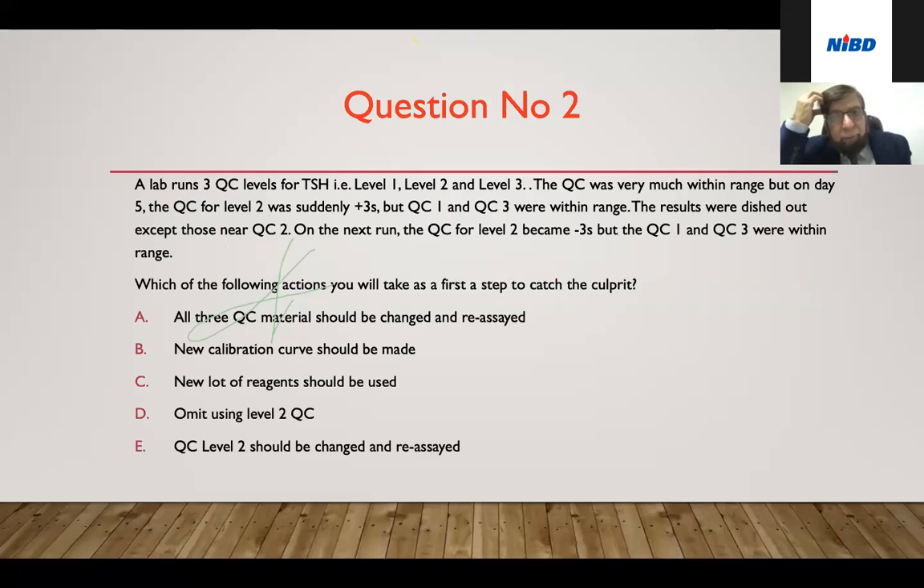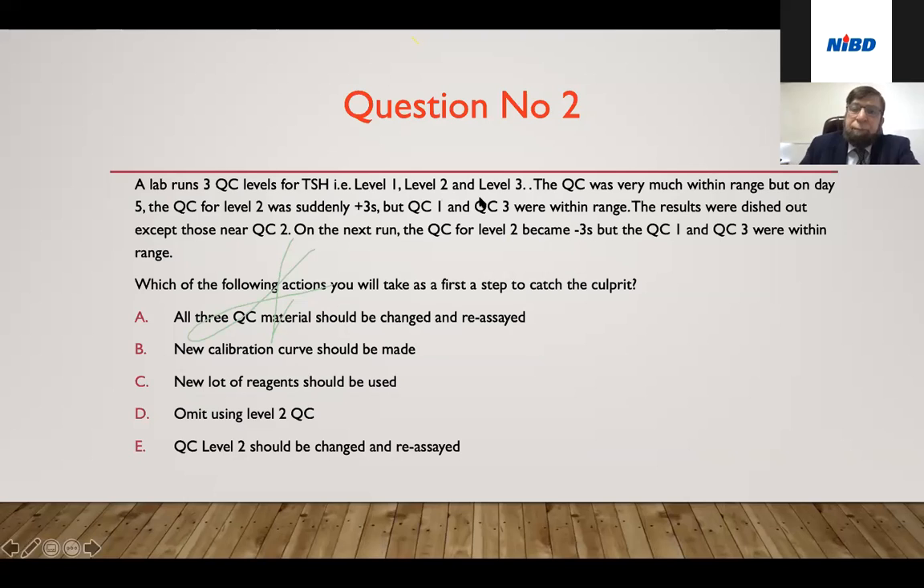So, first scenario, which is actually question two of today's talk: a lab runs three QC levels for TSH, that is level one, level two, and level three. I told you that if low value and high value are both important in a test, then you should ideally run three levels. Level 1 for hypothyroidism, level 3 for hyperthyroidism, and of course level 2 is for normal results, because mostly